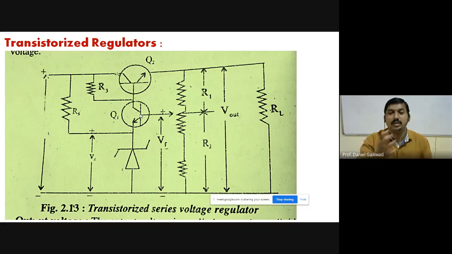If base current increases, then collector current will flow toward the emitter and increase. If base current decreases, the collector to emitter current will decrease. So that will be the controlling element of Q1. Base current controls the amount of current flow from the collector to emitter. The arrow is called the emitter here, so current will flow in this direction.